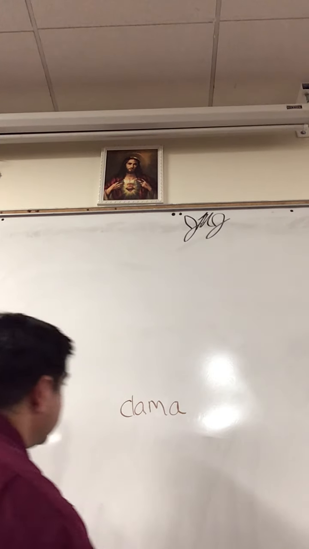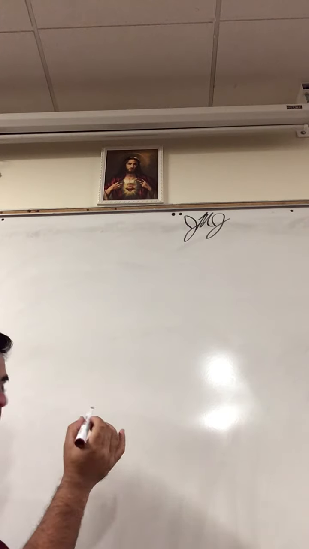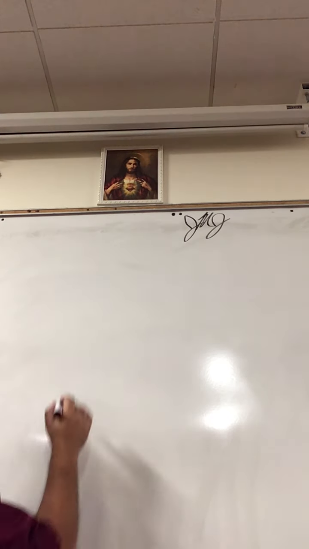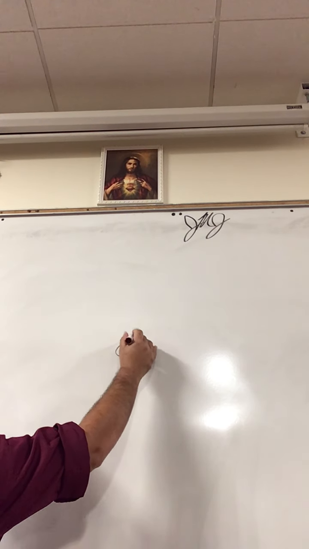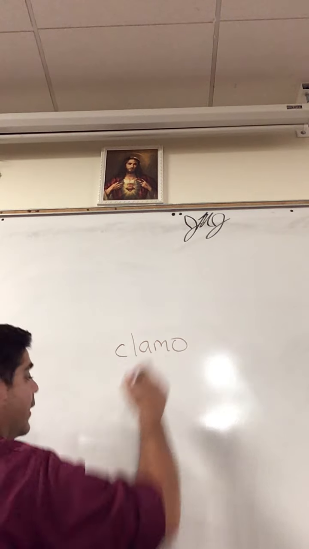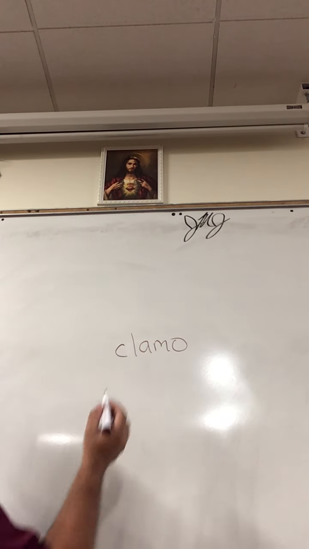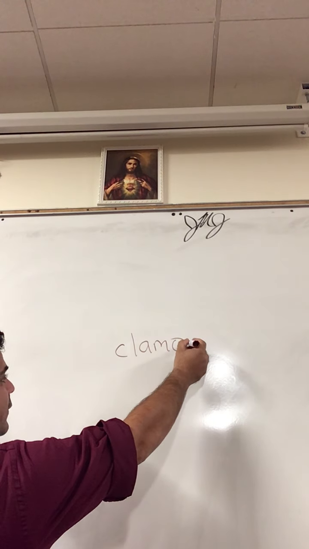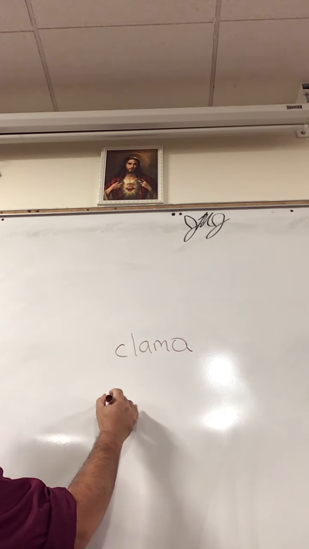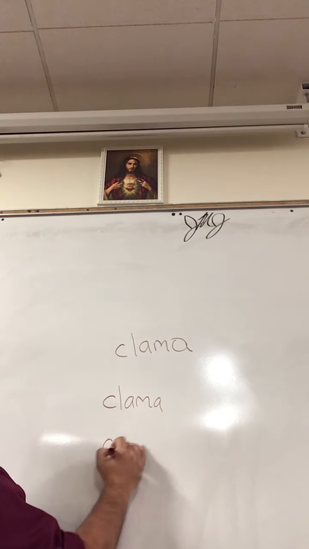Actually, let me show you how I would do the whole thing. If you were doing the homework and it says conjugate clamo into the imperfect tense, you would first just change that O into an A. And same thing as you learned in the last lesson, you would just go clama, clama,